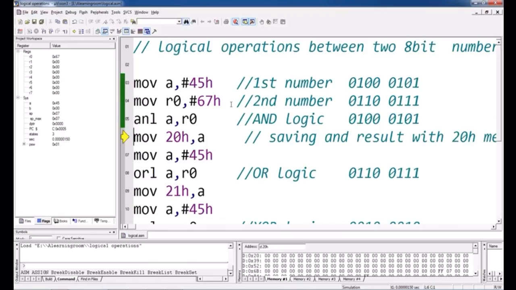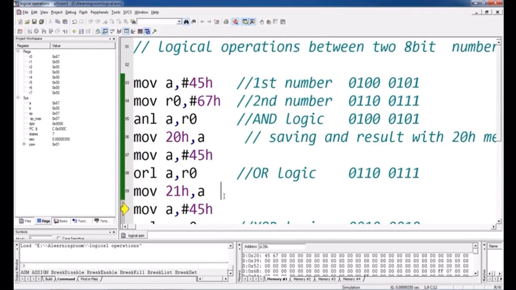So press F11, I got the A value remaining the same, 45, and this AND operation result I am moving into 20H. You can find your result 45 here, and then OR operation with R0. By doing the OR operation, you will get 67 as a result, and that 67 result I will get into the 21H memory location.